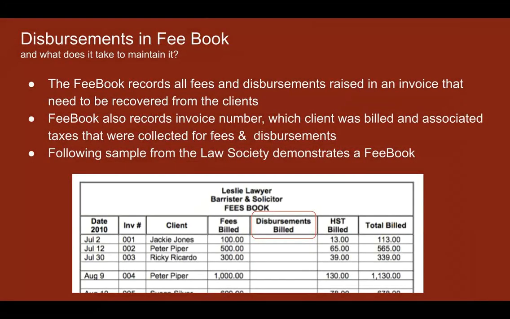Now, the other important thing when it comes to disbursement are these disbursement journals and fee book. Now, the general disbursement journal, of course, with all the details from your general account, anything that has been disbursed will show in there. Besides that, you also have a fee book where your legal fee and any disbursements billed for will also be.